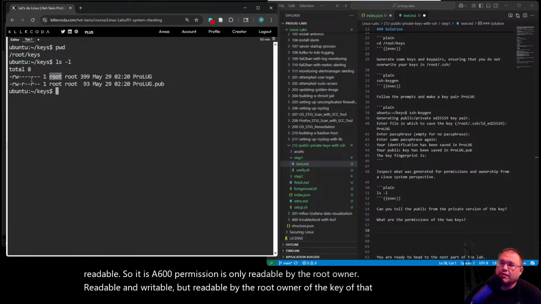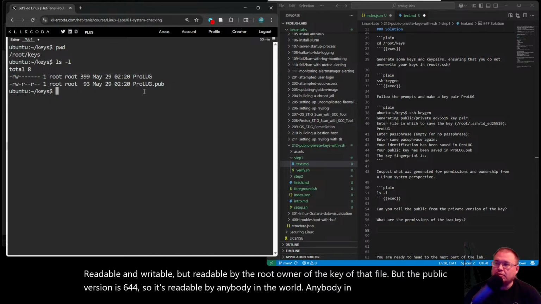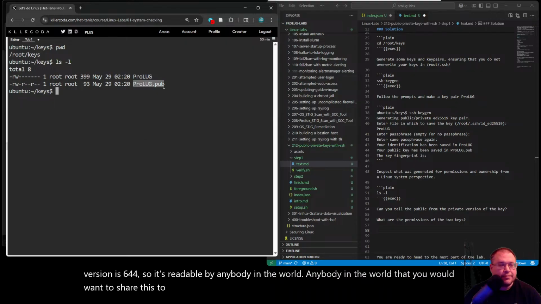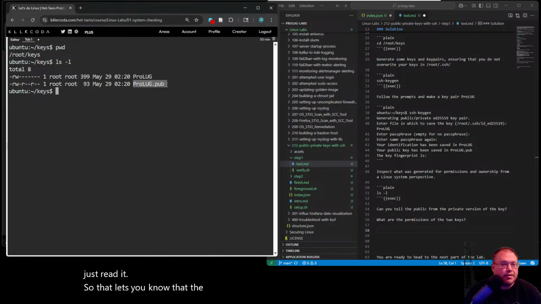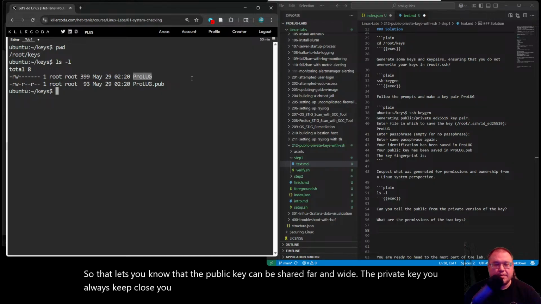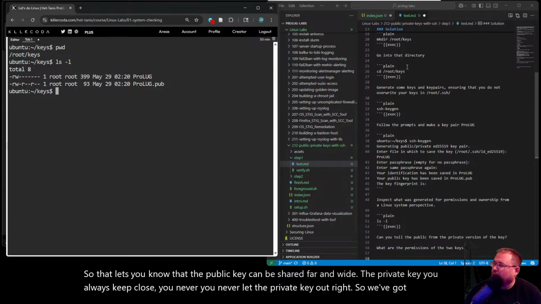But the public version is 644, so it's readable by anybody in the world. Anybody you would want to share this with can read this key without changing any permissions. So that lets you know that the public key can be shared far and wide. The private key you always keep close. You never let the private key out, right? So we've got that for our lab.